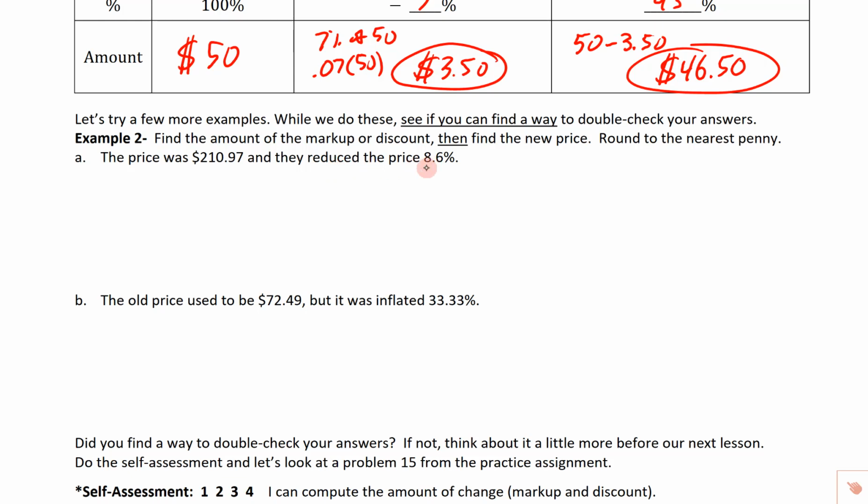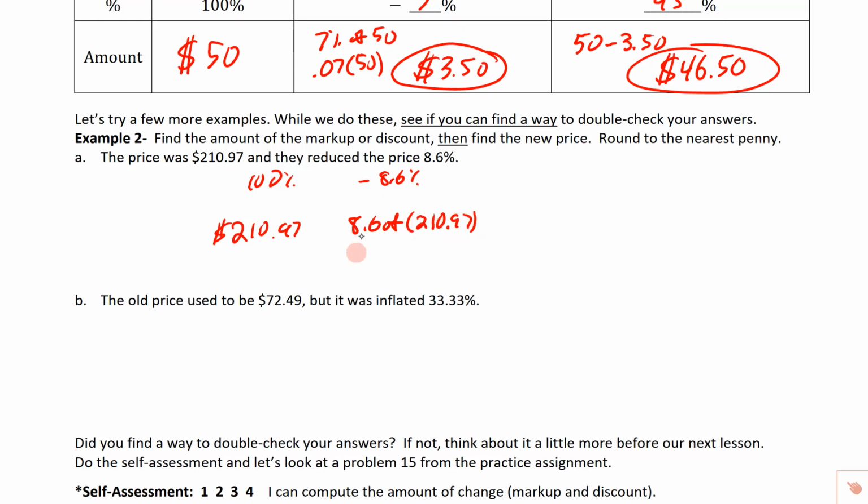So they reduced the price 8.6%. The original price was $210.97. So the original price, $210.97, I apologize, $210.97, that is 100%. They reduced the price, so we're going to take off 8.6%. So the discount, the amount that they mark it down, the reduction, if you will, is going to be 8.6% of